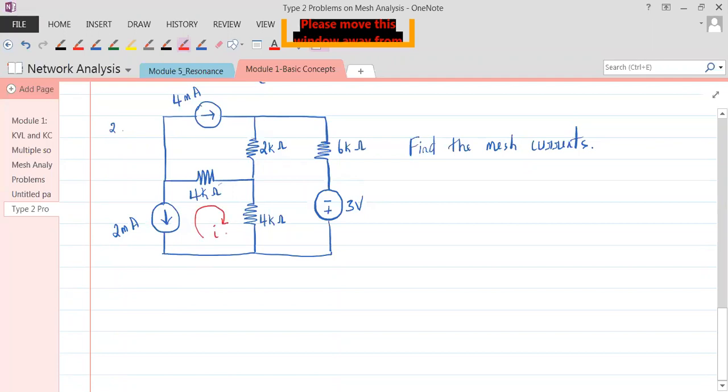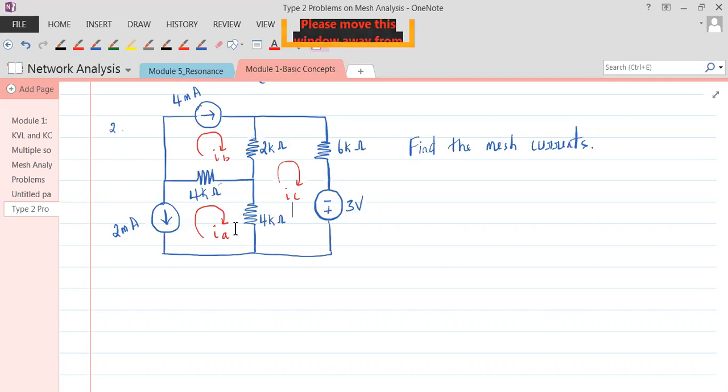So I'll mark these mesh currents. Let me start marking from here. So this is, let this be our IA. Let this be our IB, and this be our IC. 3 currents. And mind you, we can start our IA from here. IA, IB, IC. There is no problem with the naming. Where should our IB come? Where should our IC come? There's no problem. Now, Raghavendra, tell me, which currents do we know? Do we know any currents here?